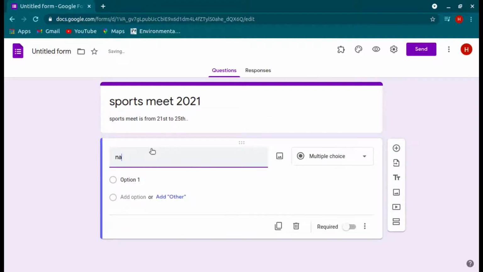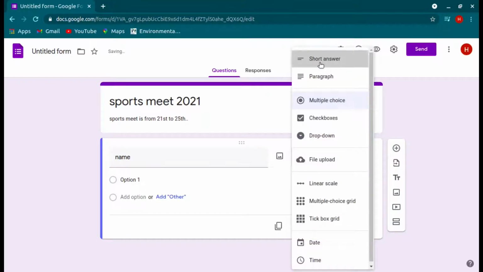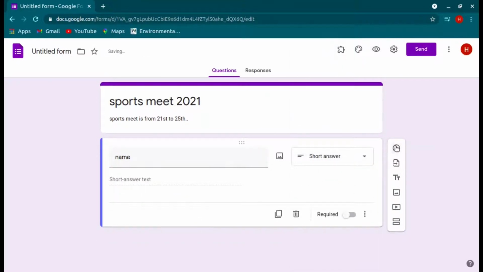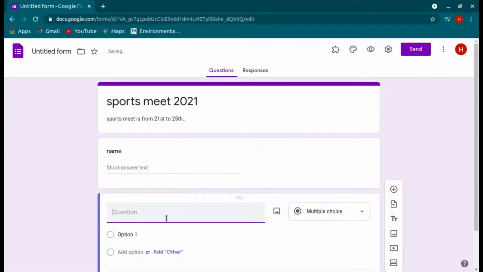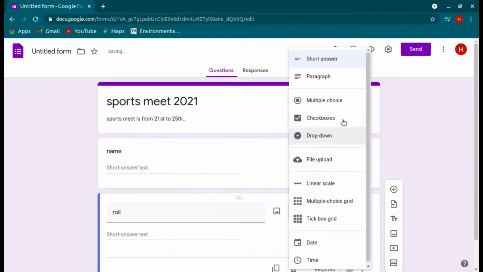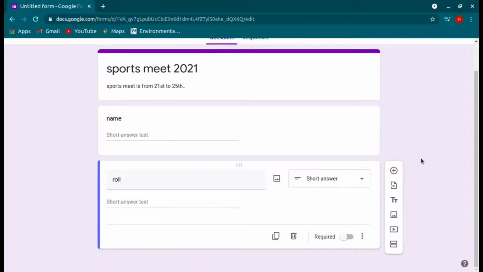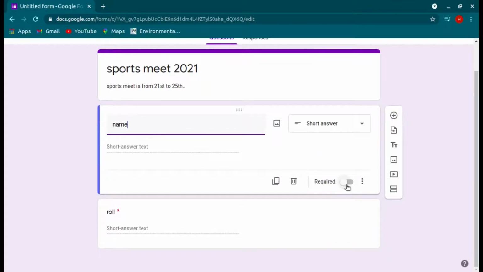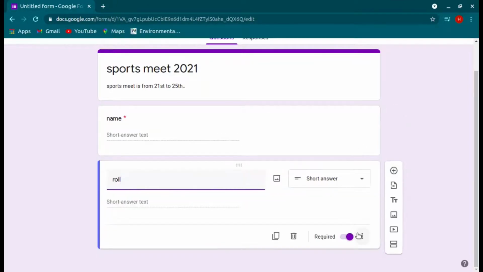Let the first question be name and let's select it to short answer, and just click on this plus icon here to add the question. Let the second question be role and let it be short answer and make it required, and make this question also required, and then add another